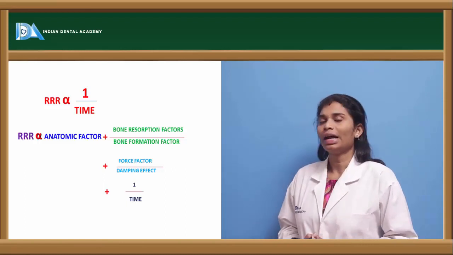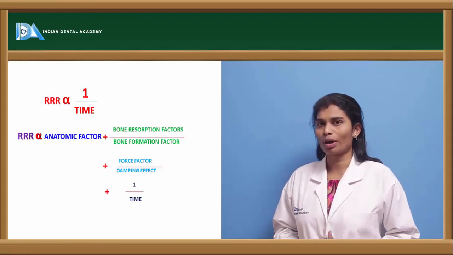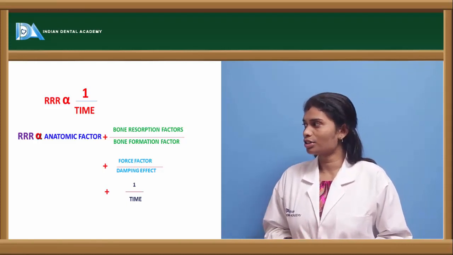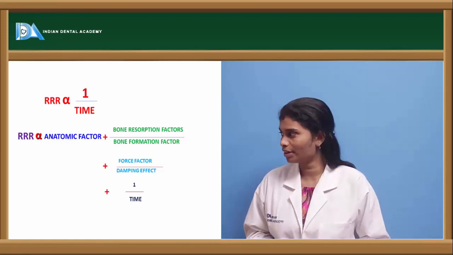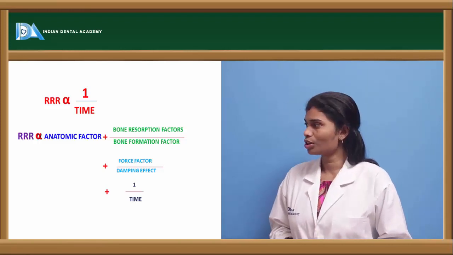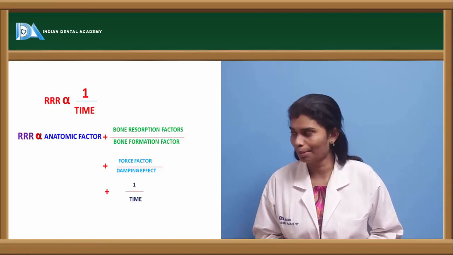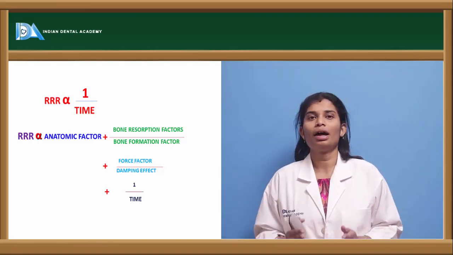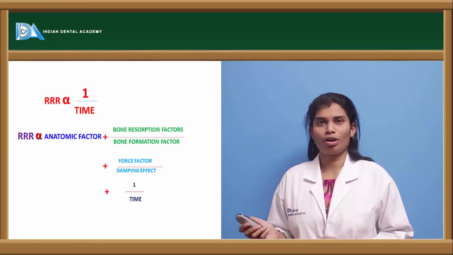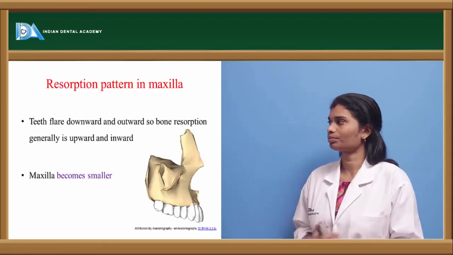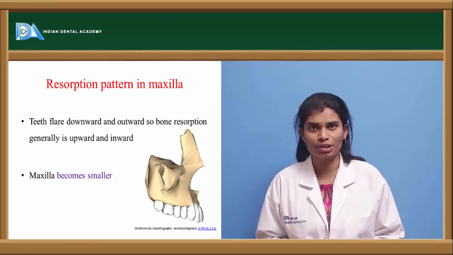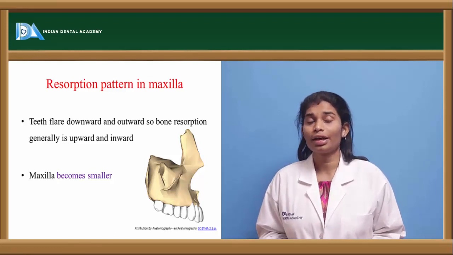slower pace. RRR is directly proportional to anatomic factor and also the sum of bone resorption factors by bone formation factors, plus force factor, and inversely proportional to damping factor. So all together summed up will give you the total net effect of residual ridge resorption. So now that you know the factors affecting the residual ridge resorption, you have to study the resorption patterns